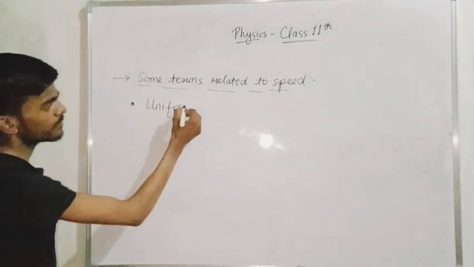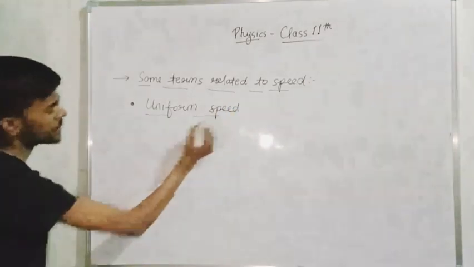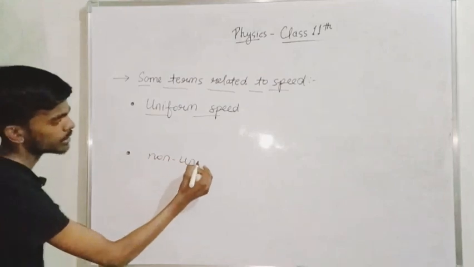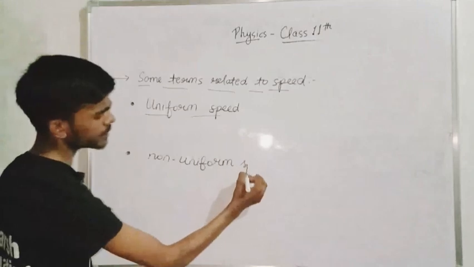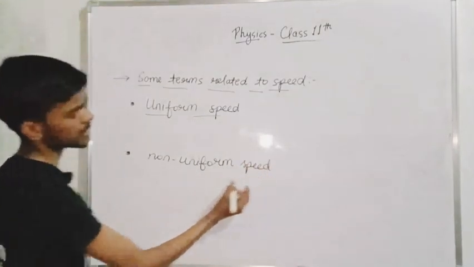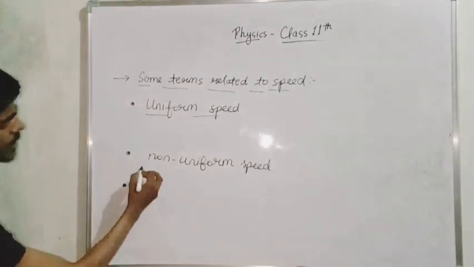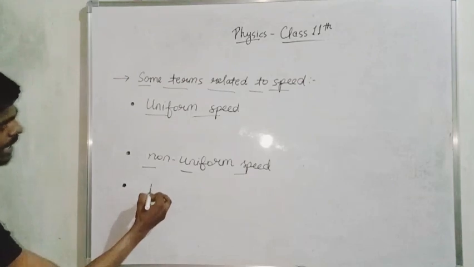We have to know about uniform speed, as well as non-uniform speed. There are many terms we have to know, and that will be discussed in the questions that we will solve. Also non-uniform speed, as well as average speed,